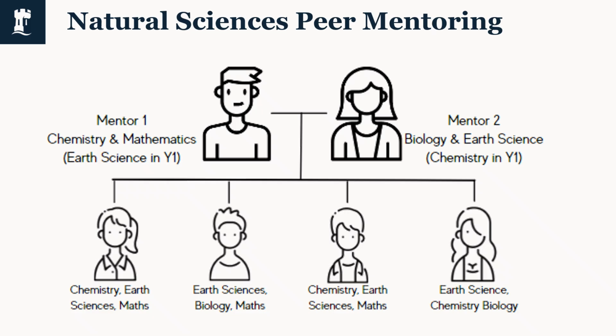We have a peer mentoring scheme within natural sciences. We have peer mentor groups that consist of 2 peer mentors. These are students in years 2, 3, and 4, with a group of Year 1 students. You will have at least one subject in common with your peer mentors. The idea is to ask them questions about how to adapt to university, about student life and so on,